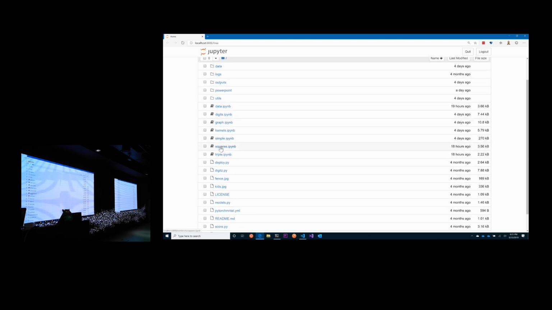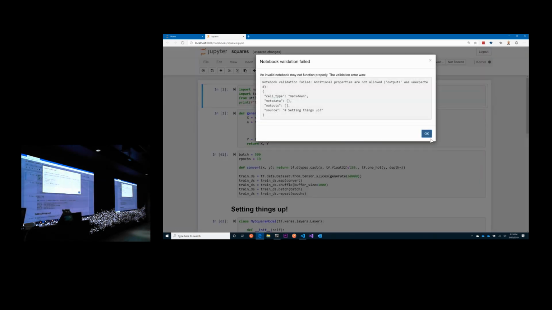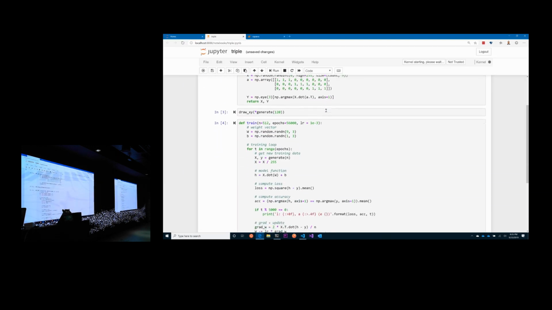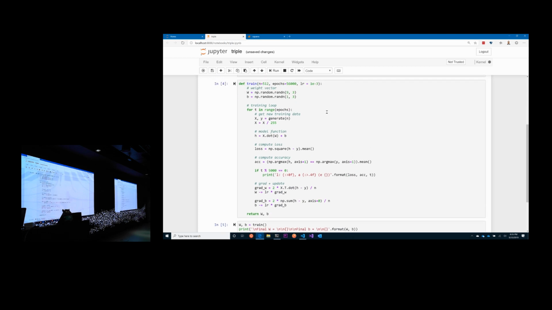So basically, this square thing that I showed you before, if you want to look at what this code looks like in Python, this one's too complicated. Let me do a triple here. This is the one I wanted to do. Notice that when I'm training it, I'm basically doing a for loop over that thing that I just did. There's the loss function, the square of h minus y, mean. This is the accuracy. Remember, this looks weird, but I want the max index for the answer, not the number. This tells me how accurate I am.